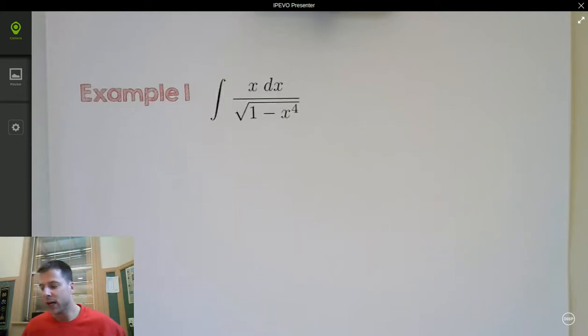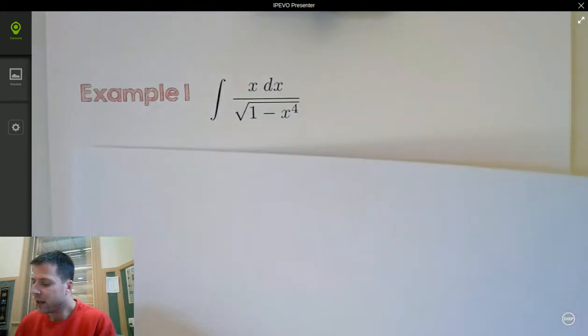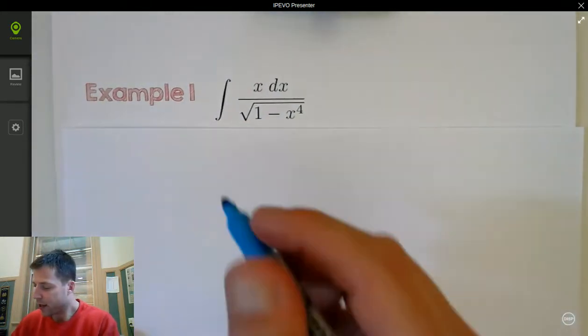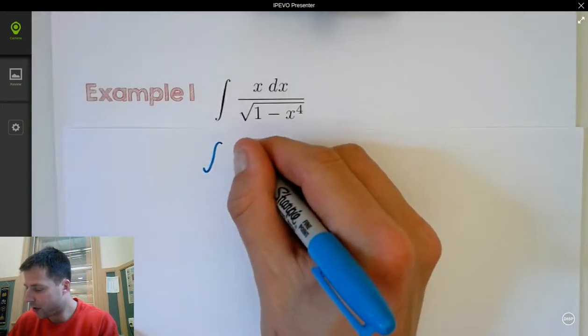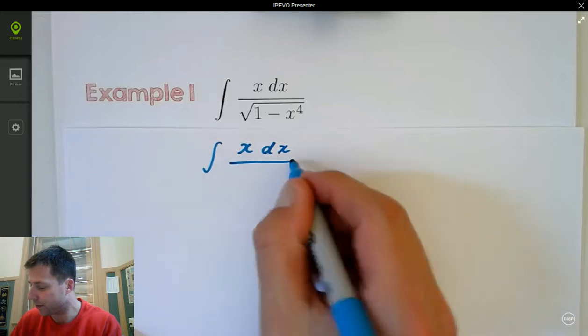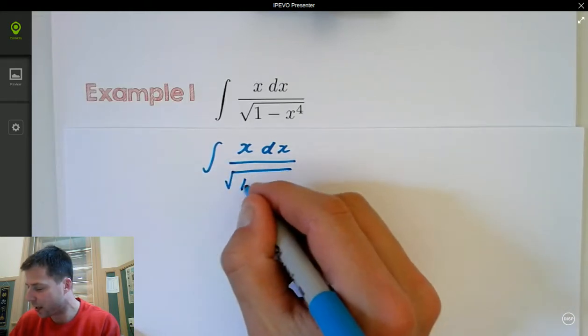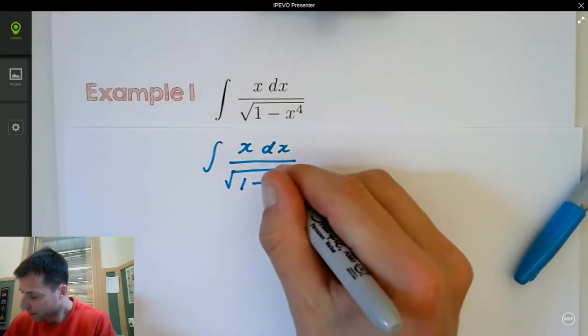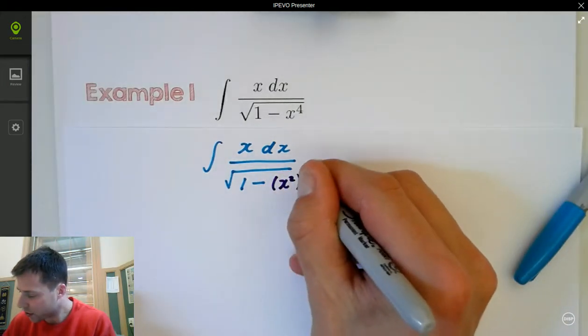Okay, so we have the integral of x dx over the square root of 1 minus x to the 4th. So this is where it gets a little bit different with the u substitution, because we've done something a little bit different before. So let's go ahead and rewrite this as 1 minus,